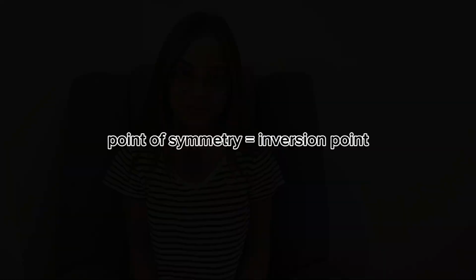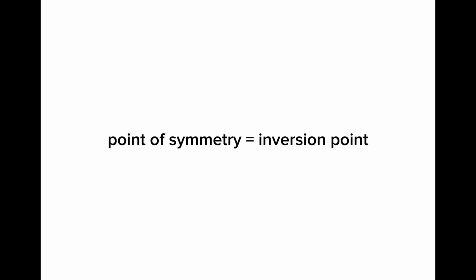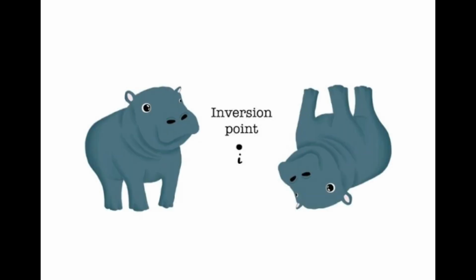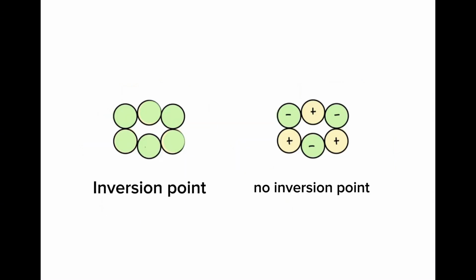Now I want to talk about point symmetry and why piezoelectrics cannot have one. Just to make things clear, the point of symmetry is the same as the inversion point. Having an inversion point means that for each point x, y, z, there is an indistinguishable point minus x, minus y, minus z. It can be quite tricky to imagine, so here are some hippos to help with that. Piezoelectrics cannot have an inversion point because that wouldn't allow them to form a more negatively charged side and a more positively